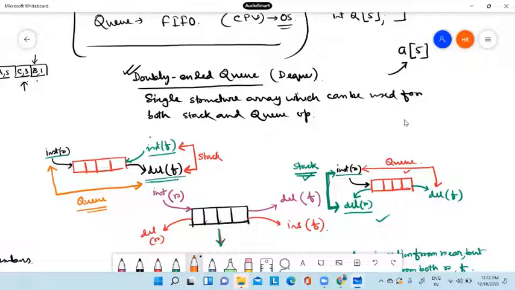Okay, but this is all about today's class, doubly ended queue and priority queue. The operations of doubly ended queue I will show you in the next class, how we can use both ends to perform insertion and deletion. It means in normal insertion,